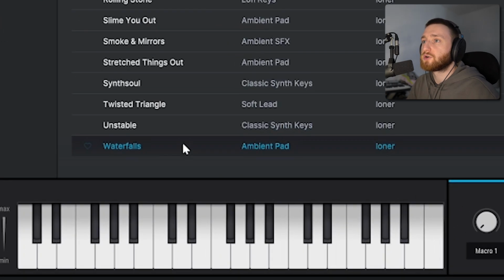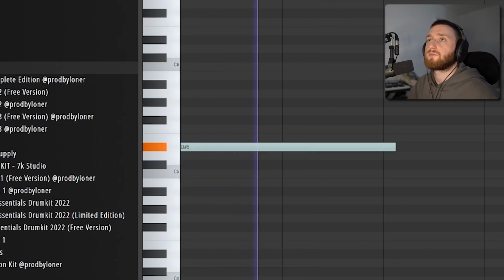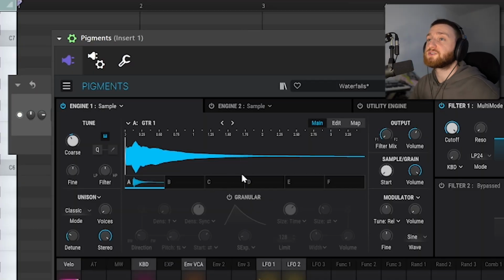Right at the bottom here called Waterfalls. This sound I made with one shots. So first is this guitar one shot. I'm just going to play the sound as it is. The main thing I love using in Pigments is the granular effect. Essentially turning on the granular effect adds all these artifacts to it, which makes it sound crazy for textural sounds,